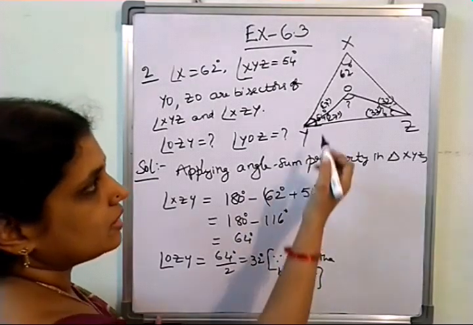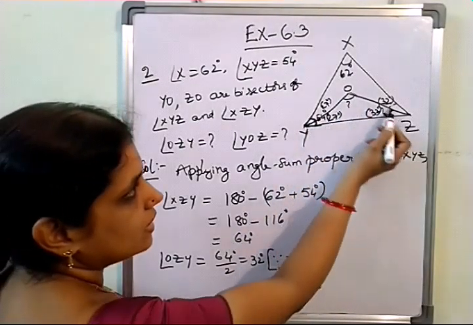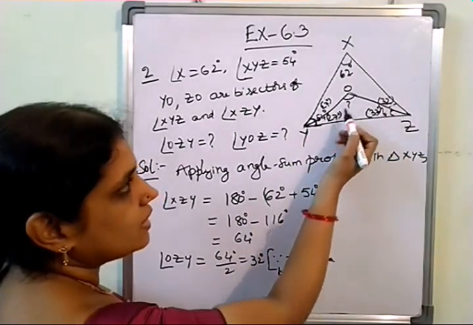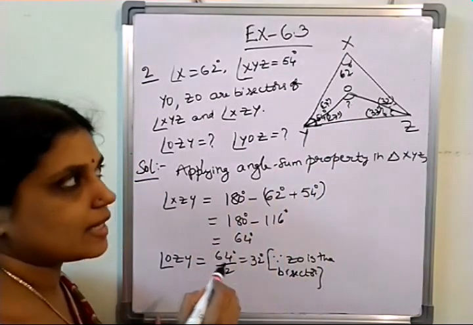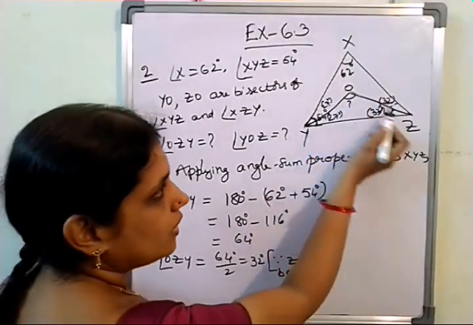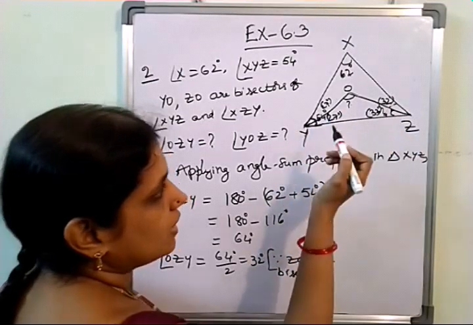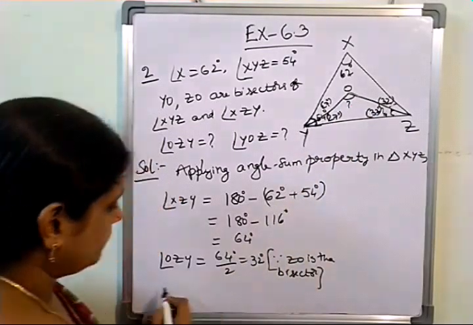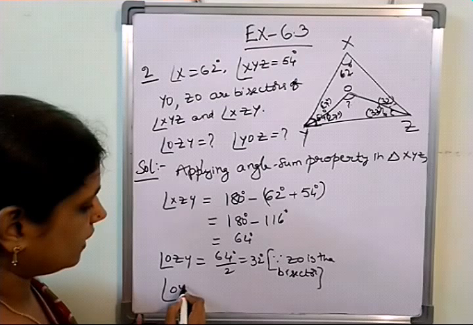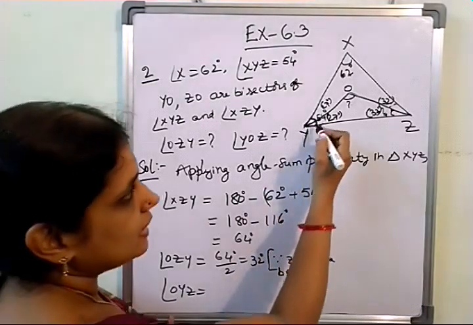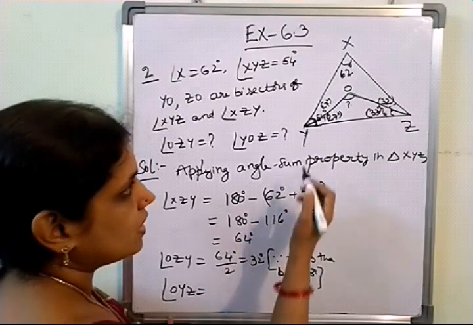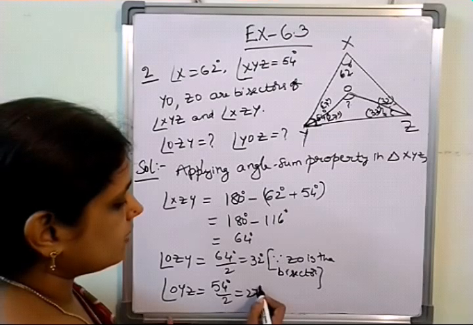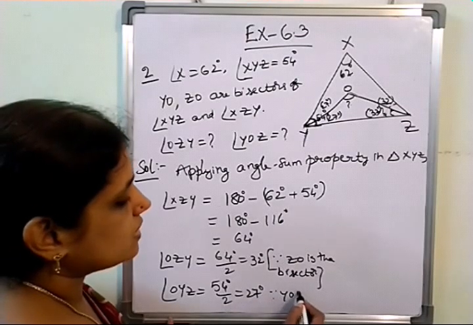So here first for that we need to find out in this triangle, actually here YOZ the triangle we are taking now. So even here 32 degrees, 27 degrees, the third angle is missing. Again we have to apply the angle sum property in this small triangle, that is triangle YOZ. So first for that you have to find out angle OYZ. So what is angle OYZ? So you should be very clear with the angles, whatever we are giving the names. So here that is 54 degrees by 2, that is 27 degrees, since YO is the bisector.